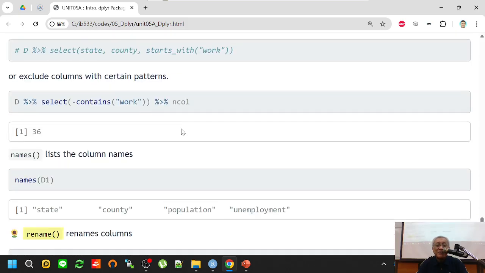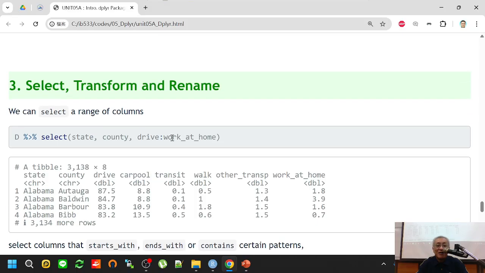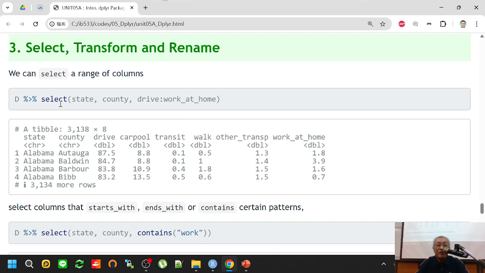Actually there are some more enhanced syntax that we can use in dplyr, right? For example, in this select function, you can actually select a column by its name, okay? And you can also select a range of columns. For example, if I want to select